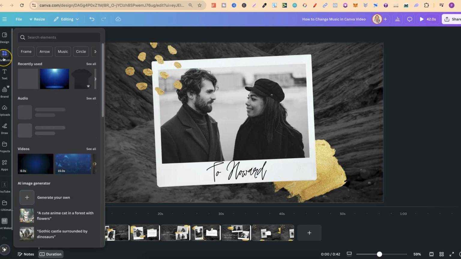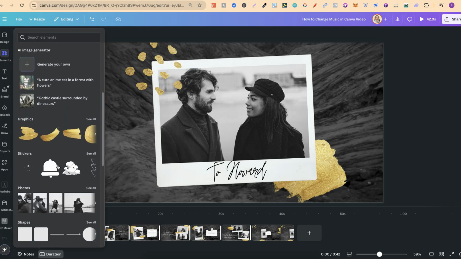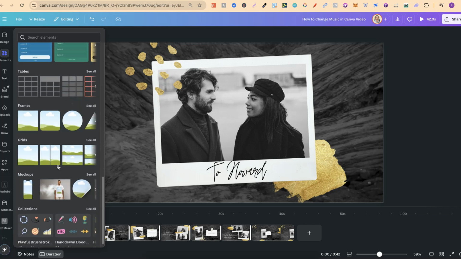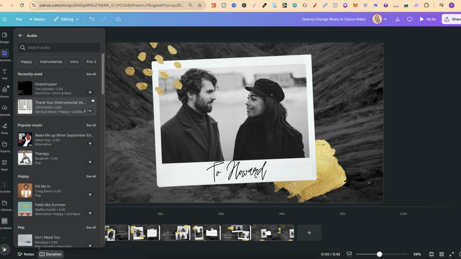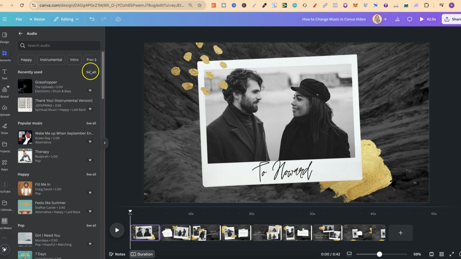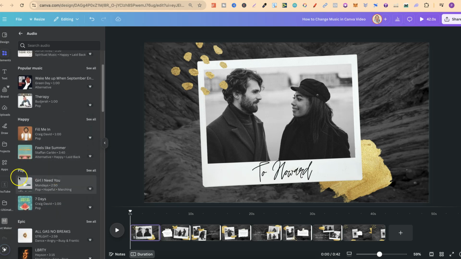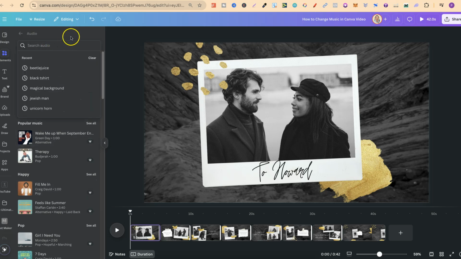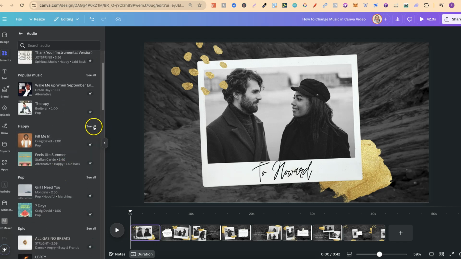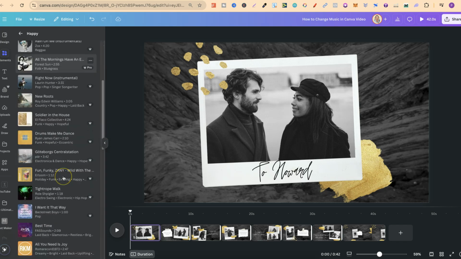So if we come over to elements just here, we're going to want to scroll all the way down until we see, I think I scrolled past it, I did, audio just here. Then we want to come to see all, and now we can use any one of these files. Now what we can do is simply click on see all on any of these. This is popular music, happy, pop. If you have a music niche in mind or a genre, we can simply search that in the search bar here as well. But for this example, let's click on all with happy, and now we can use any one